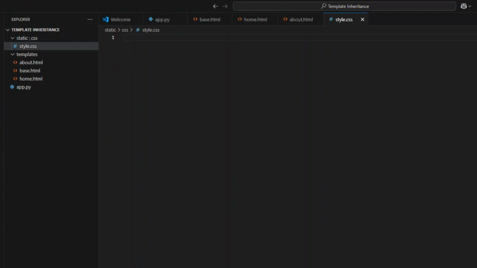So we're working with more template files today. We have our base, our home, and our about. So now let's set up our base template. It would have the block that I spoke about, the block title, and would also have our block content and our end block. So let me show you the code for our